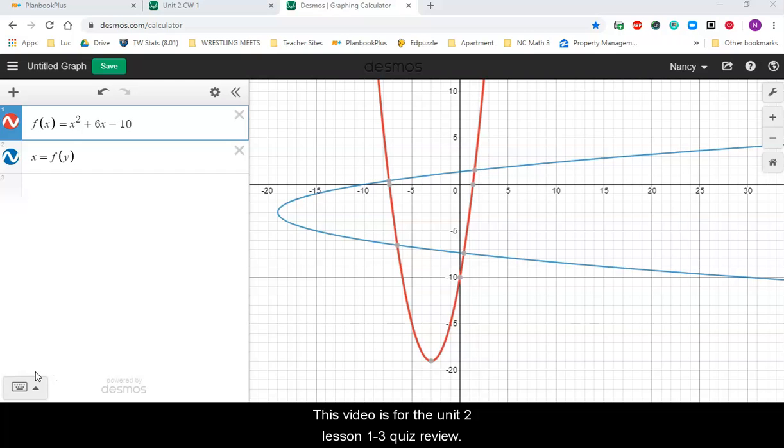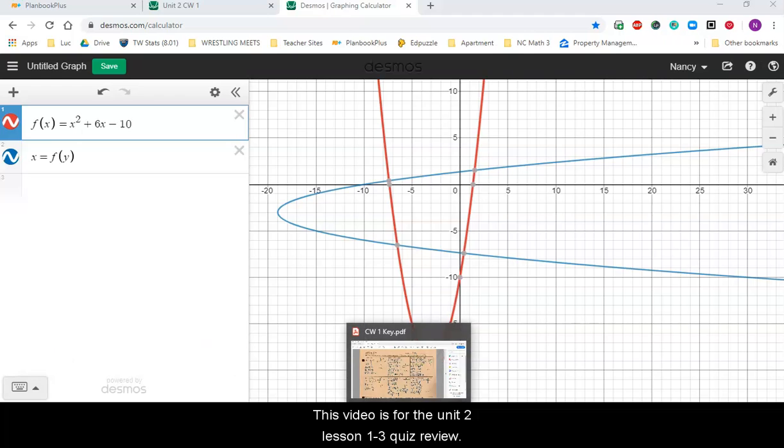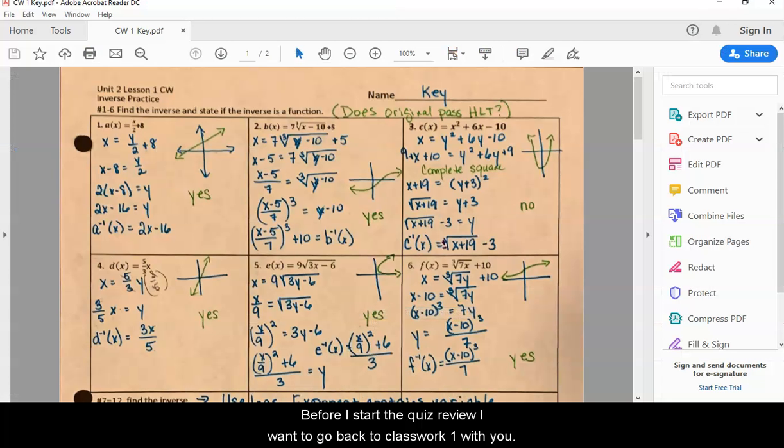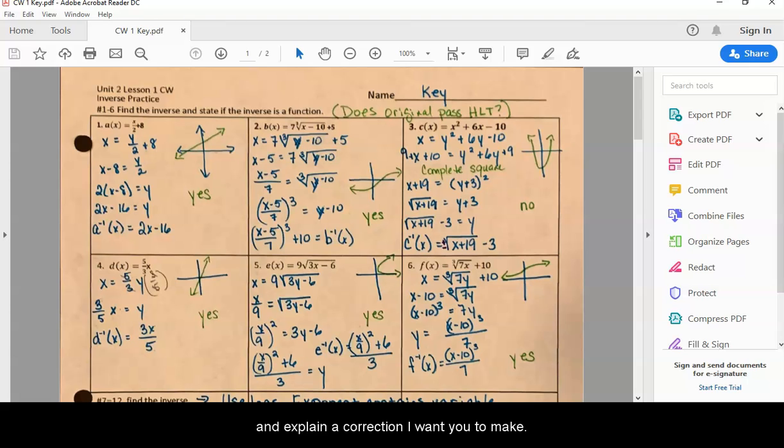Before I start with the quiz review questions, I want to go back to classwork 1 with you really quickly and explain a correction that I want you to make. Number 3 is one of the examples where when we found the inverse of this quadratic, we left this just a positive square root. And what we should have done is plus or minus, and I want to show you